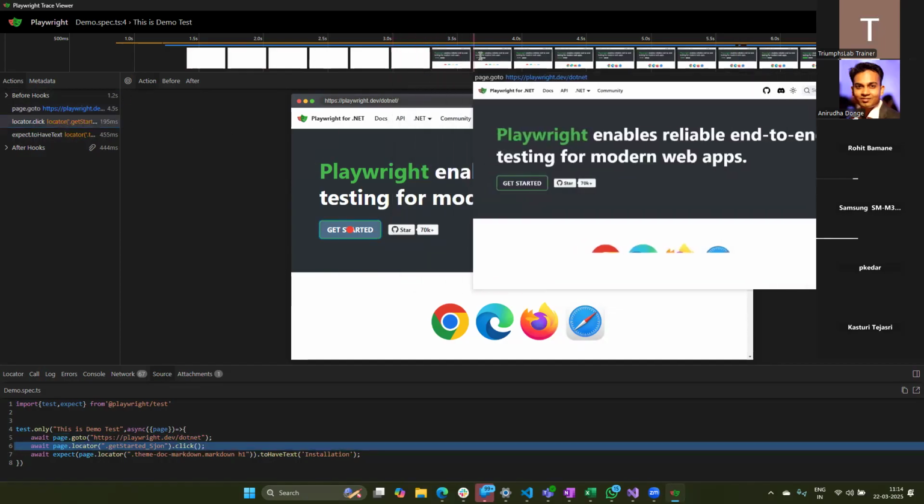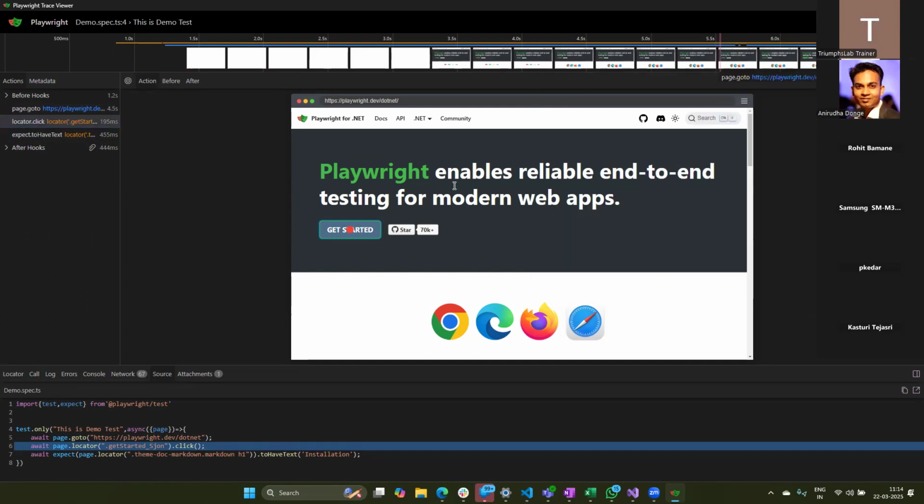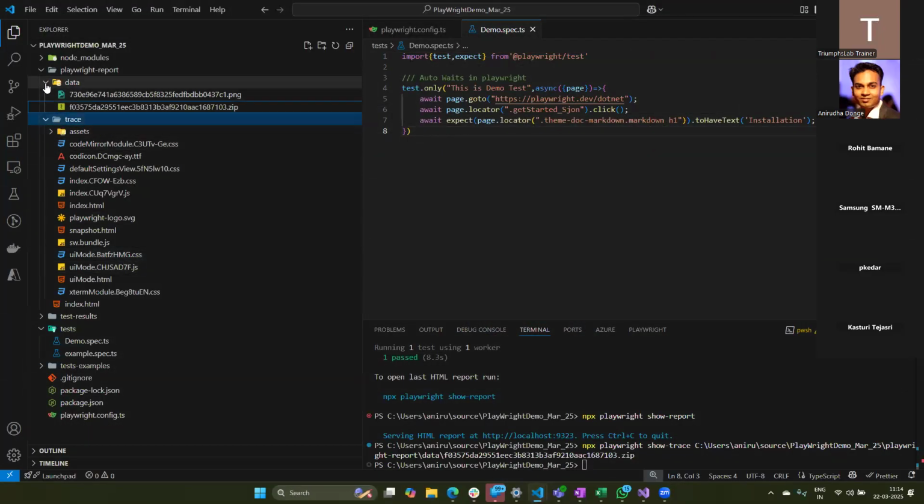It also gives me a timestamp as well as a screenshot of where exactly I was when that specific action happened. So this is how in detail you get the information about execution. This is really helpful when we want to do failure analysis. So this is a small demo that I was talking about. Do you have any questions?